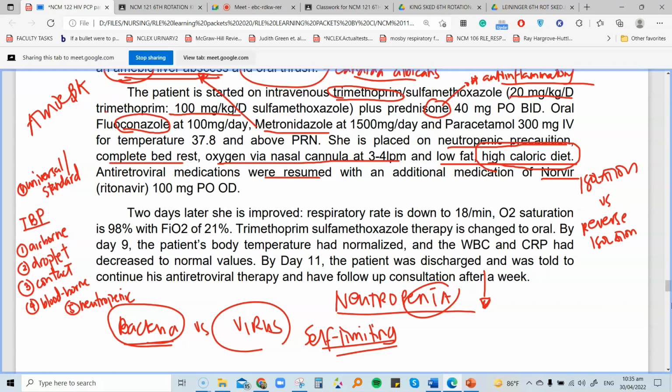So, it will just weaken. Once the virus is weakened, that's the time that it can actually just eventually go away on its own. Kaya, for most viruses, okay, patients who have your diagnosis of viruses, it's very difficult to actually kill your viruses, or it's very difficult to eliminate your virus because they are self-limiting. They can only be defeated once they are weak. But as long as the patient's body is weak, ang mananalo dyan, it's the virus.